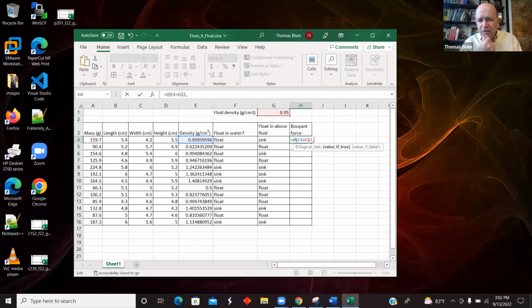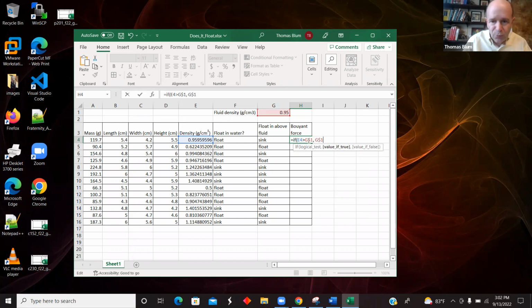And so the whole object's going to be underwater, and so we talk about the volume displaced. So the whole object is underwater, so its whole volume is the volume displaced. And so the calculation of the buoyant force then is the density of the fluid,